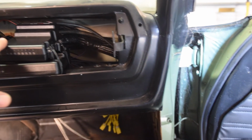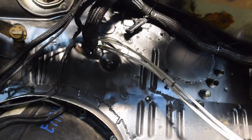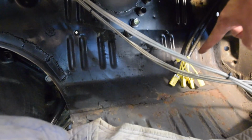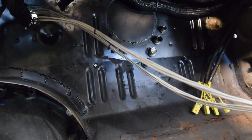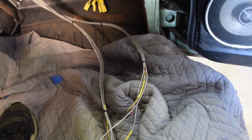So I have my main wiring loom coming up here through the glove box, which is where it's going to live permanently. Have that guy dangling there, but everything back here, you can kind of see it, is all loomed pretty nicely. The main thing I have here is now my EGT probes are coming in. They need to connect over here to these yellow guys, which are all nicely lettered. I was thinking about cutting these down to size, but I don't know how in the world I would strip the...